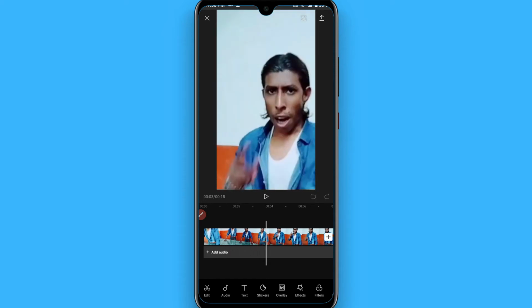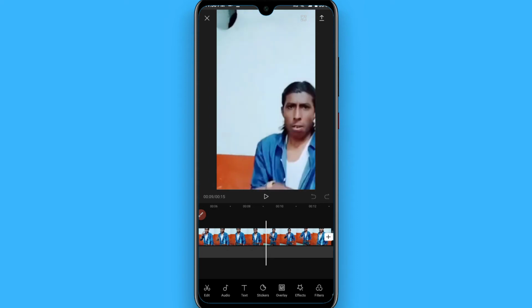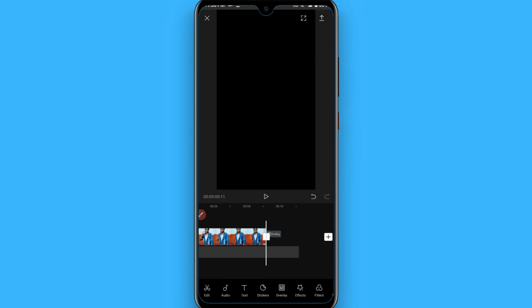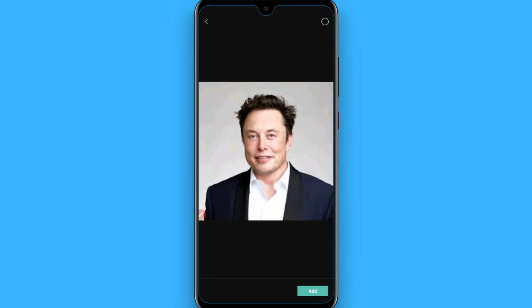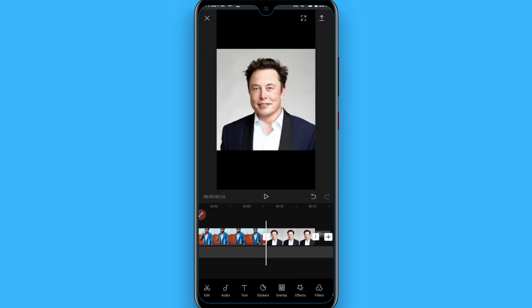Once you insert some video, tap on the clip and split it, delete it from here, and now click on this add button. Once you click on it, add your pictures from here, and once you select the pictures, tap on the picture, and now scroll your menu bar to the left, and here you have to